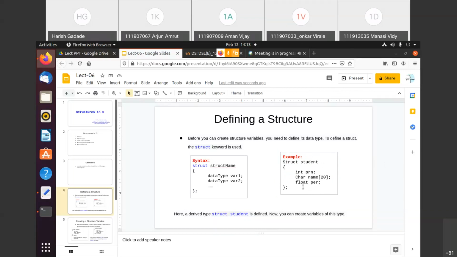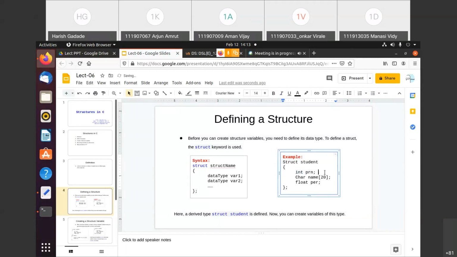Getting this? So in this case, suppose I am just creating one variable of this type struct student, then whatever the variable I am creating, the size of that variable would be: integer is having 2, like here it is 2. Character, this is 20, because for a single character it is 1. So here it is an array of 20, so that's why I have taken this 20. And for float, suppose 4.